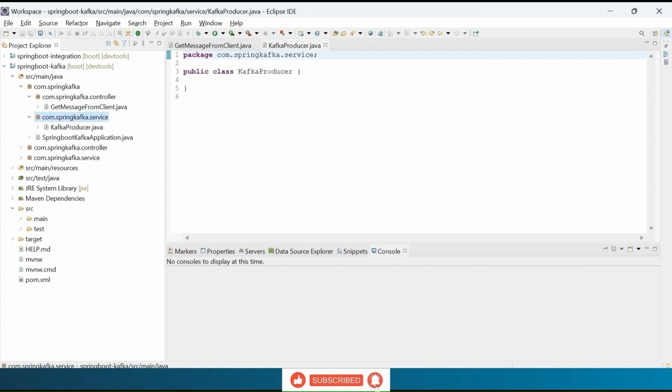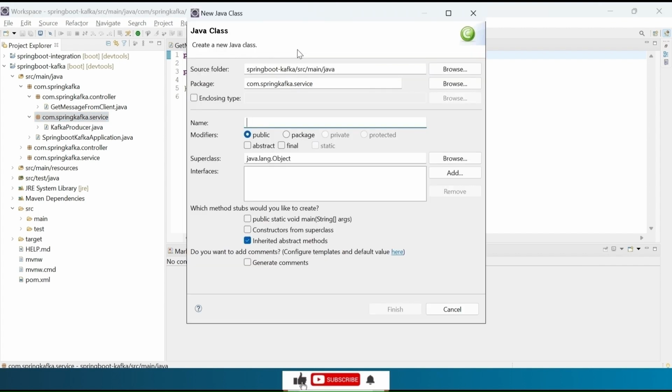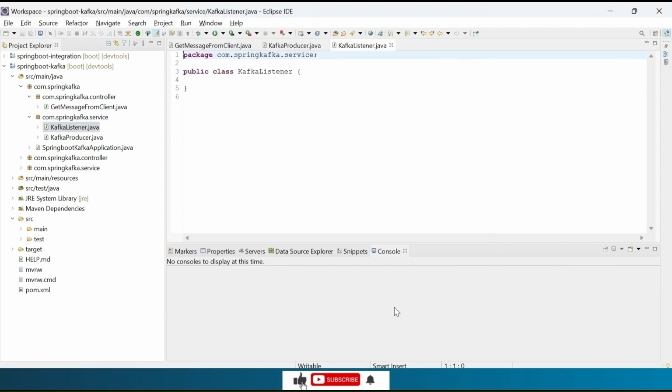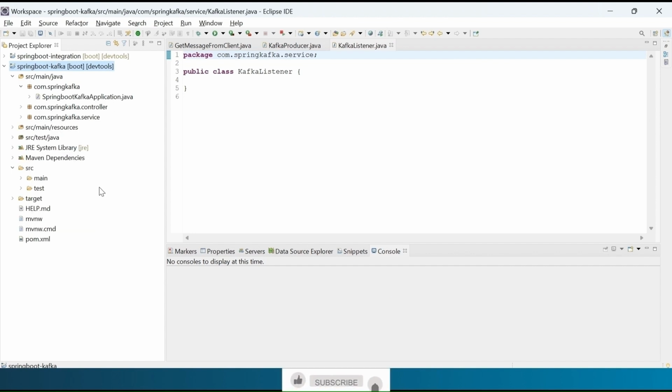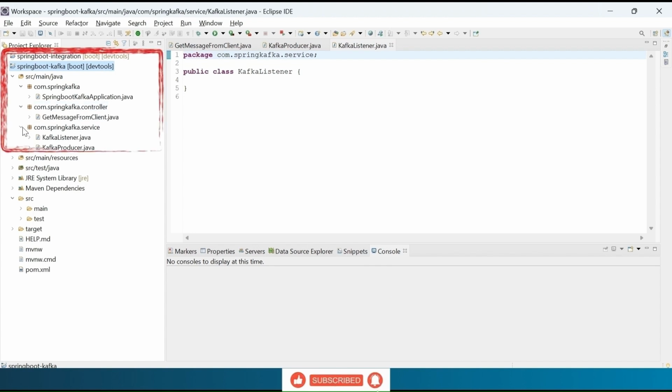Right click on service package, new, class, enter name as Kafka listener and click on Finish. Let me refresh the project. And as you can see, we have the required packages and classes now.